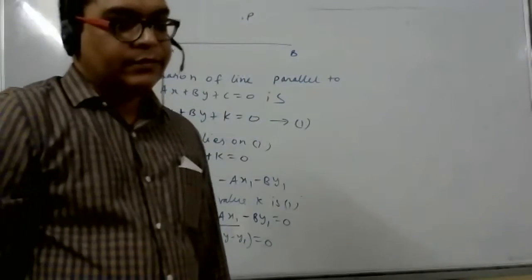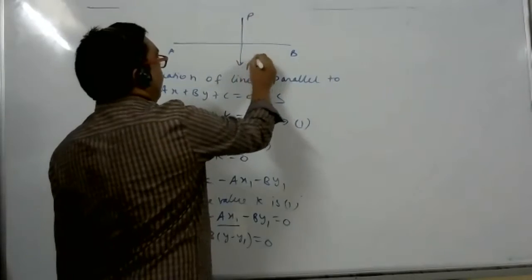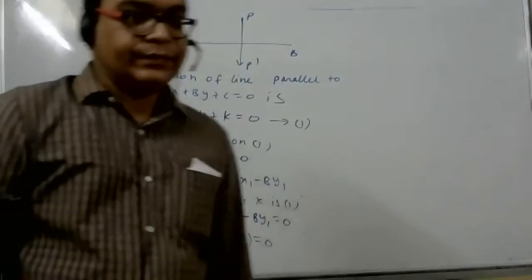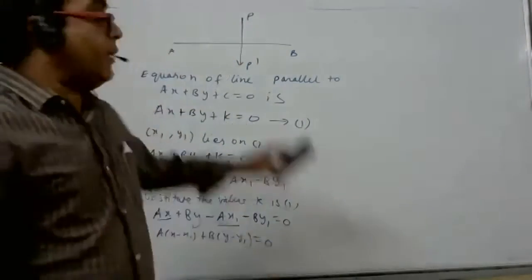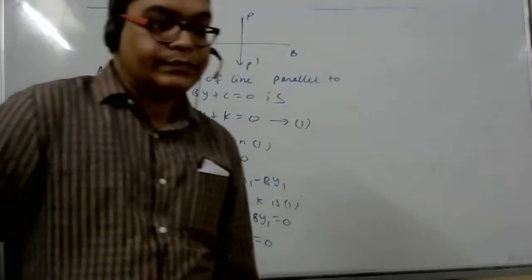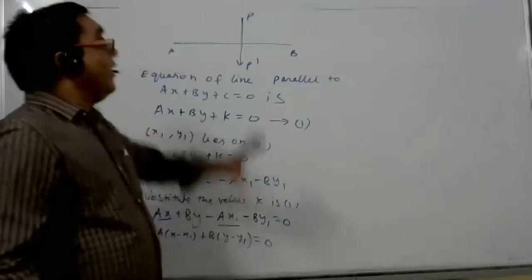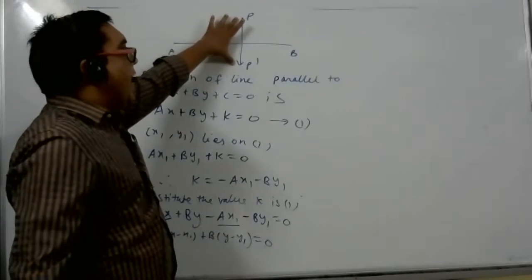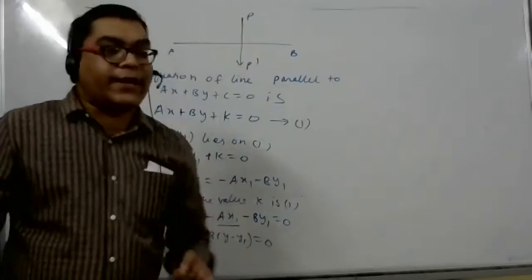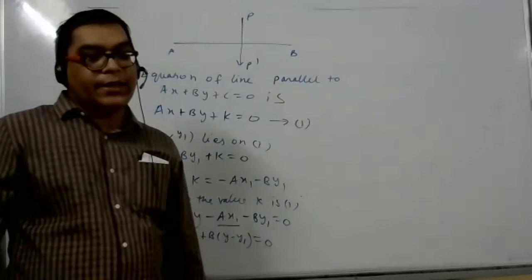now. Sir, but if we draw perpendicular, then if I draw perpendicular, then who will divide? PP dash or point will divide? What we will say, the PP dash is dividing AB or the point P is dividing AB? Sir, the line PP dash. The line segment or the line PP dash is dividing AB. You will not say a point is dividing now, boy. The line PP dash is dividing AB, you will say. Are you understanding or not?